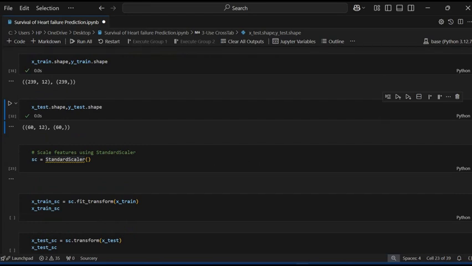Now the next one is feature scaling using StandardScaler, which is used to scale the input data in a way that ensures the data points have a balanced scale. It is also a preprocessing technique.